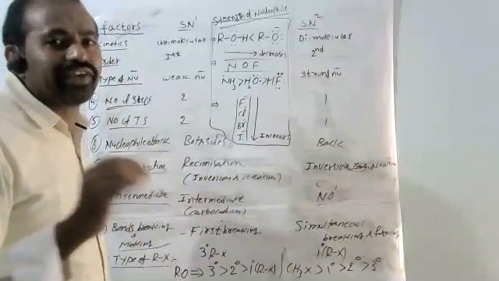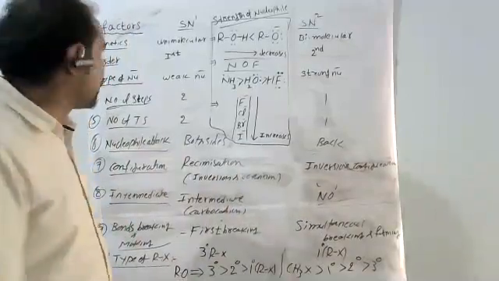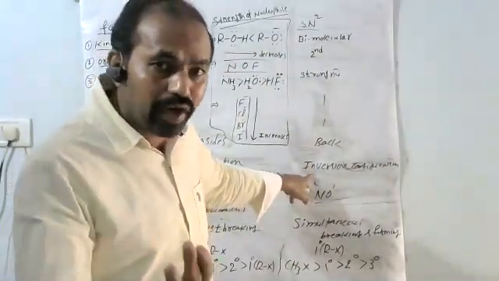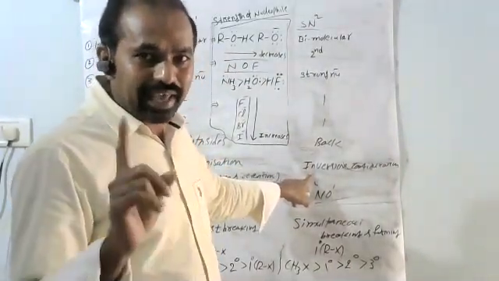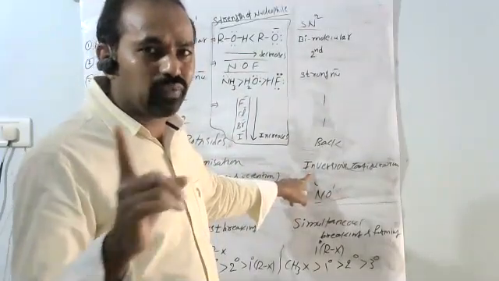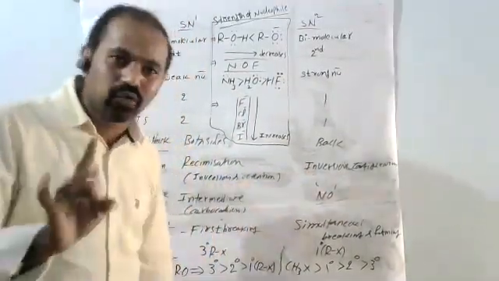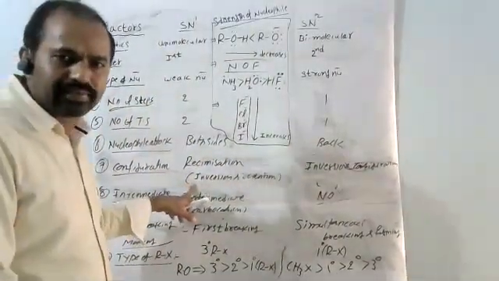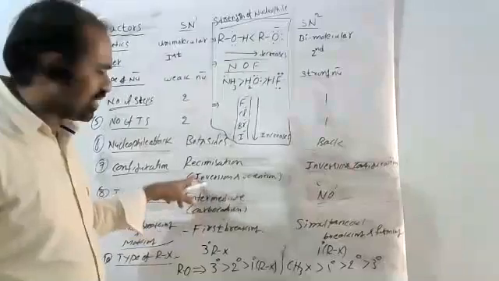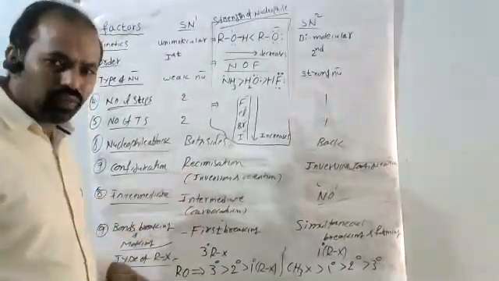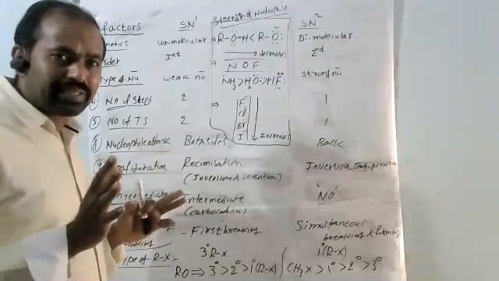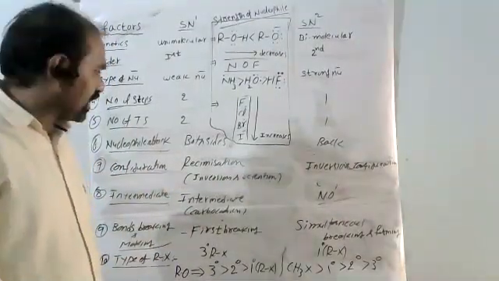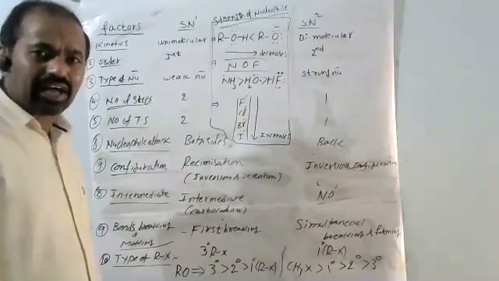Now configuration. Configuration means reactant and product configurations. Walden inversion configuration and retention configuration, two types are there. In SN2, which type of configuration is formed? Inversion. In SN2 I have given inversion configuration. But in SN1, which type of configuration? Inversion and retention. This mixture is called what? Racemic mixture, racemization.